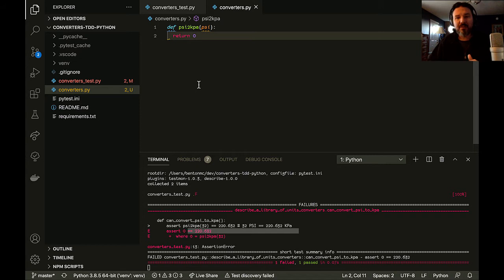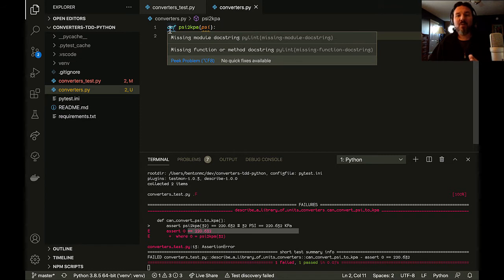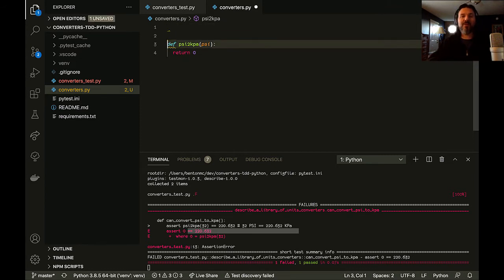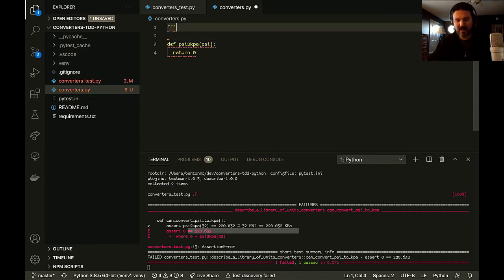I'm going to look at the linting problems first, and then I'm going to go back and look at the failures. You'll be amazed at how frequently you might actually resolve some of your test failures just by fixing the style problems in your code. So the first one, same one we had before, is a missing docstring for the module. So I'm going to go up to the top and add a docstring which says something like